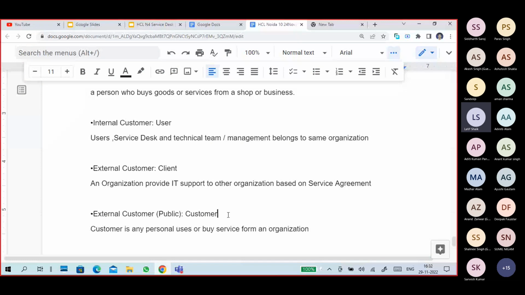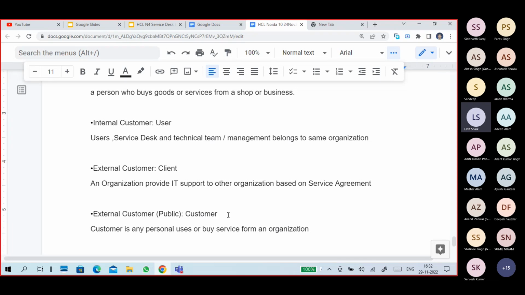So I ask the service people, I want internet on my laptop. I am also working in the same organization. The service desk people, the IT support people, also work in the same organization only. So I am the internal customer.